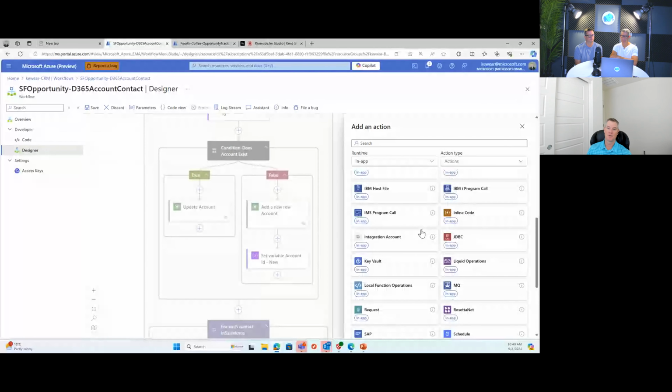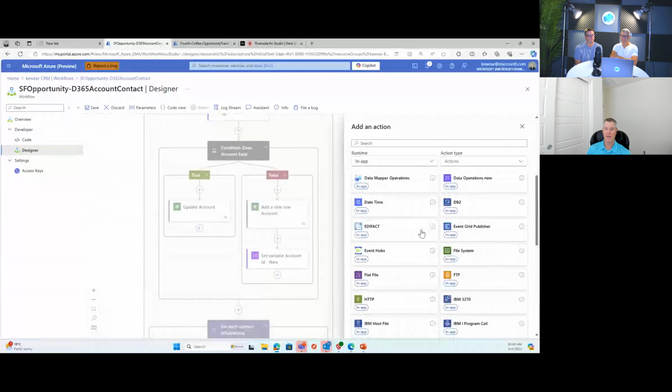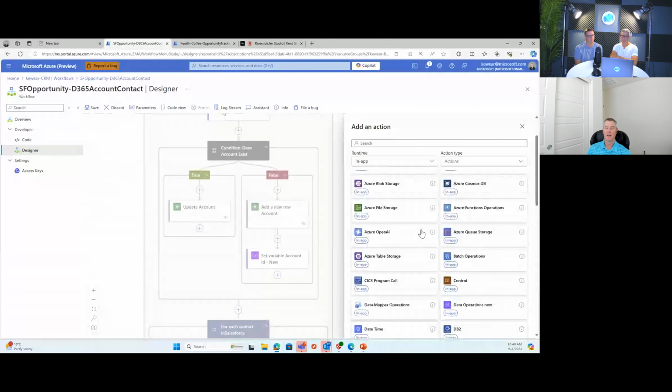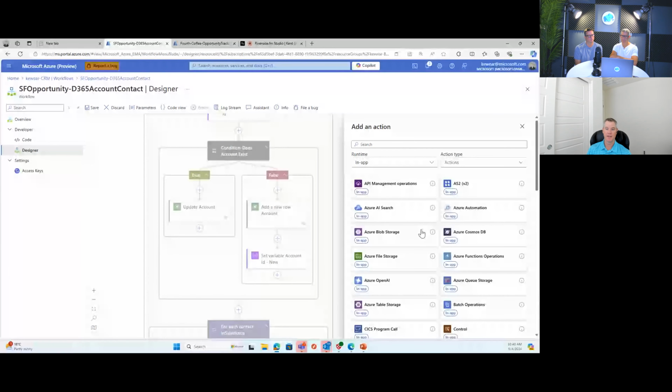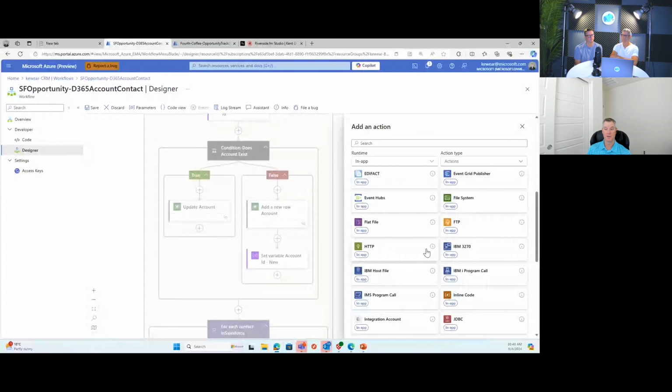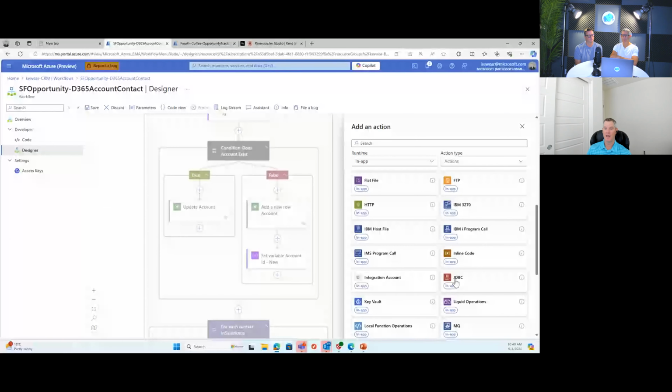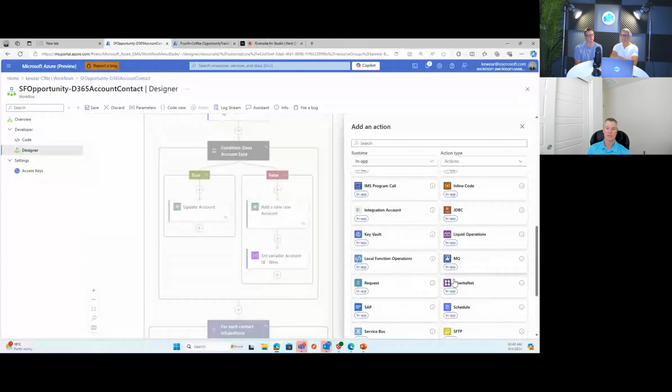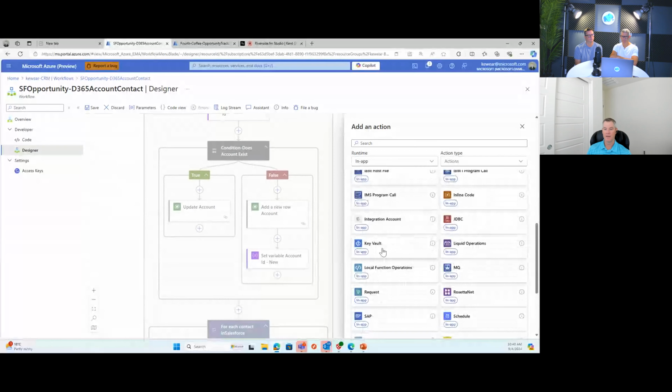And so what this allows you to do is have even more scale, more throughput, and also VNet connectivity so that you can actually keep this traffic private. So if you are talking to, say, a SQL server, that SQL server is part of a VNet that you can connect to with your logic app. Now you can go ahead and isolate that traffic. Same with SAP or your Key Vault.